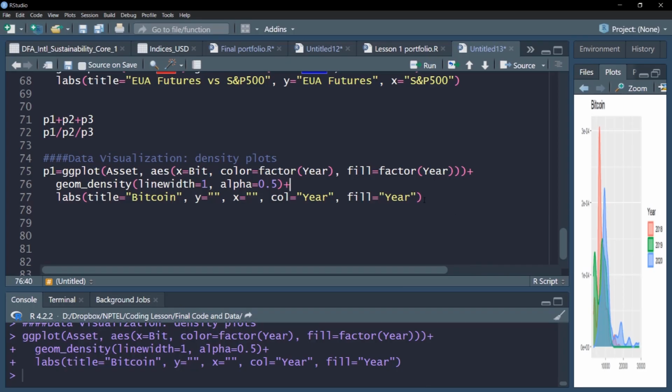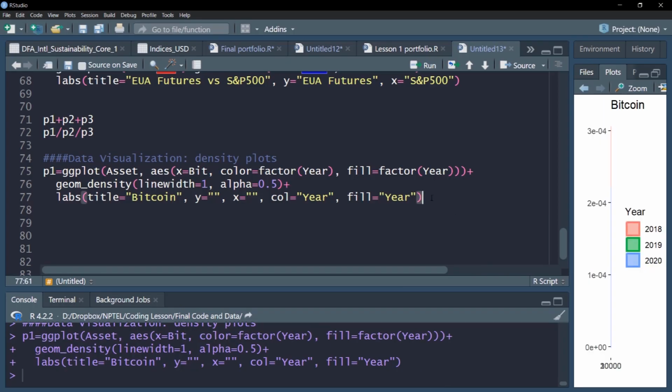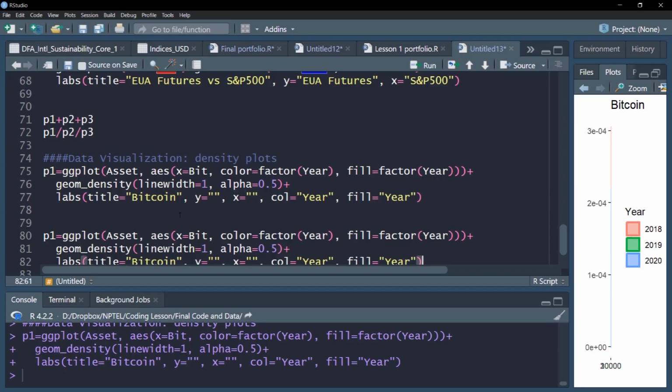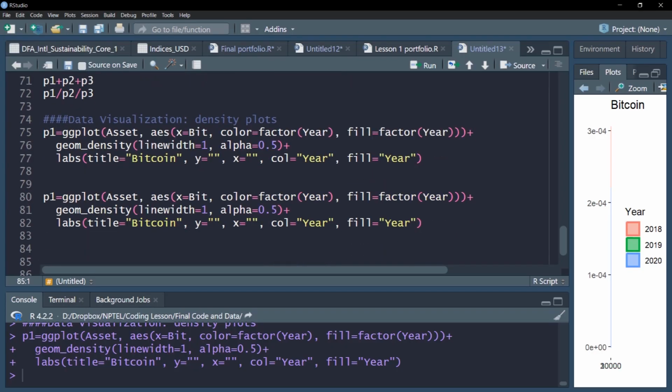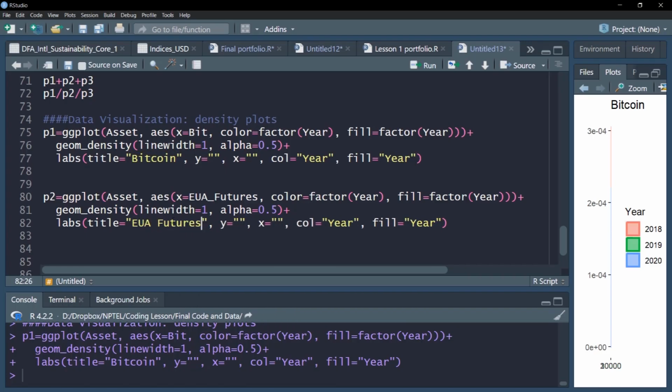So because this code has run properly, we'll create P1, and as we know, we'll then create P2. So let us have P2 as maybe UA futures. So I'll use the next security as UA futures. I'll use the headings appropriately here as UA futures.